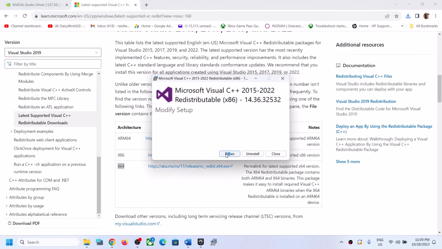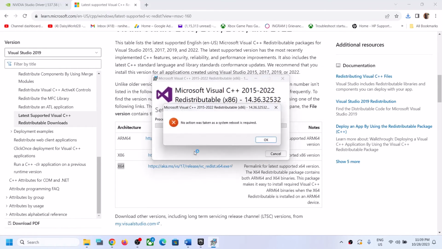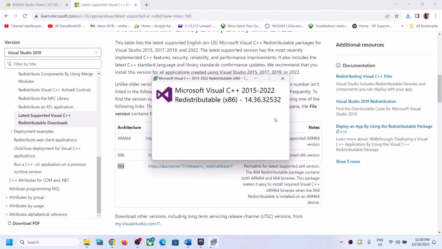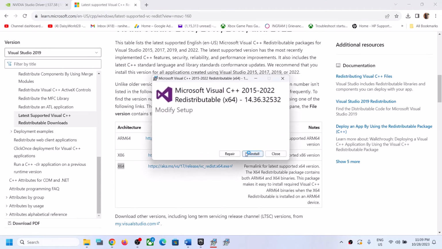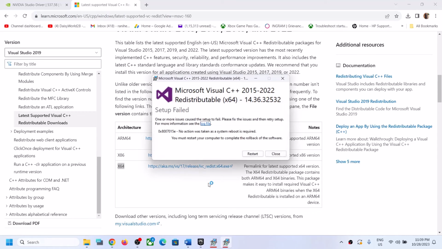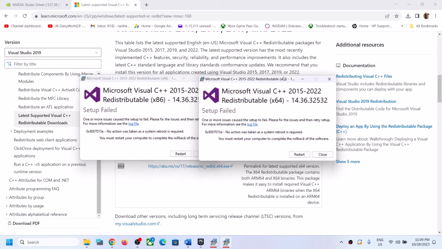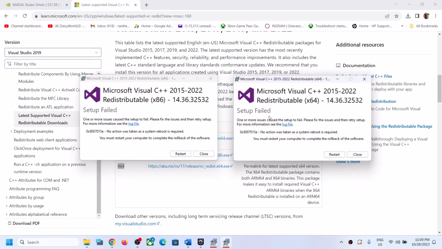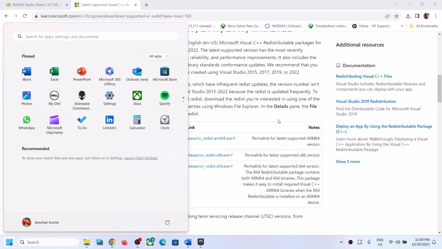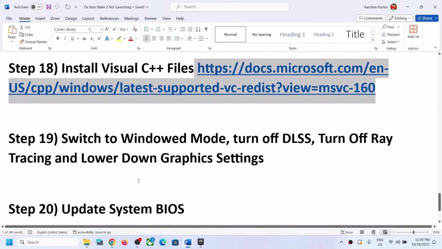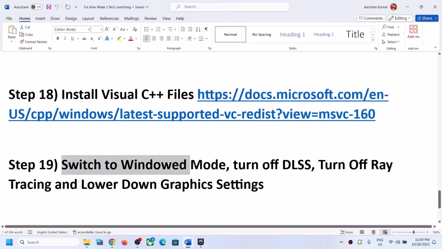Now if you see the repair option, click on repair. If you see the install option, click on install. In my case, I have just installed it, so it's telling me to restart my computer. Make sure that you install both the files, that is x64 and x86. Again, if you see the repair option, click on repair. If you see the install option, click on install. In my case, please ignore the error message because I have already installed. It's telling me to restart my computer. Restart is important. So make sure that you restart your computer and after the system restarts, launch the game and then check. Now, if you are able to launch the game, you can switch to window mode, turn off DLSS,